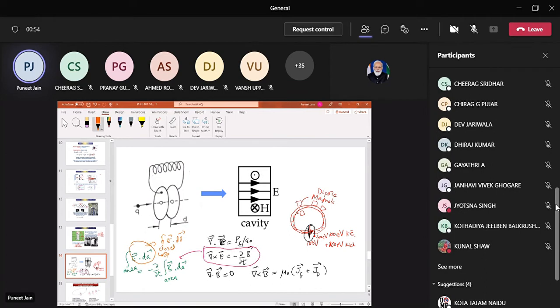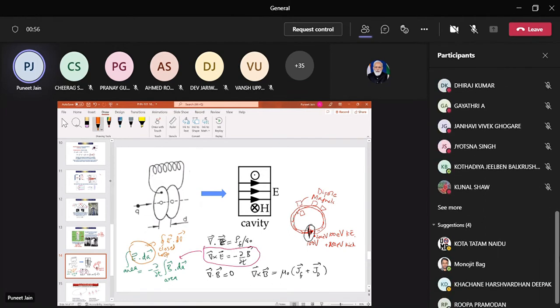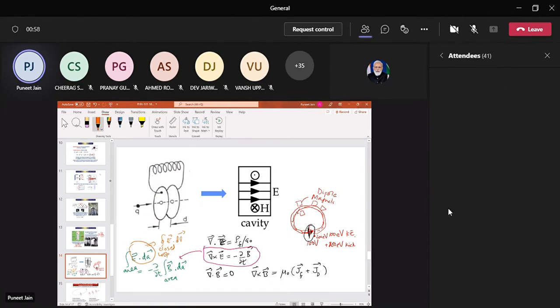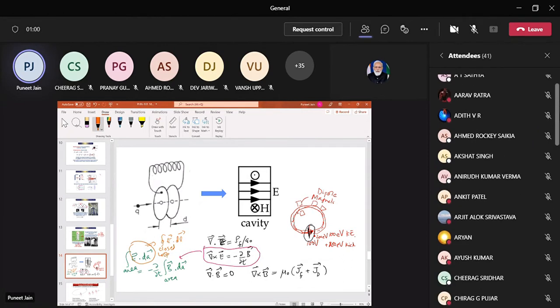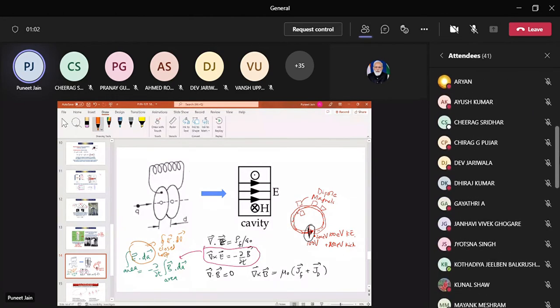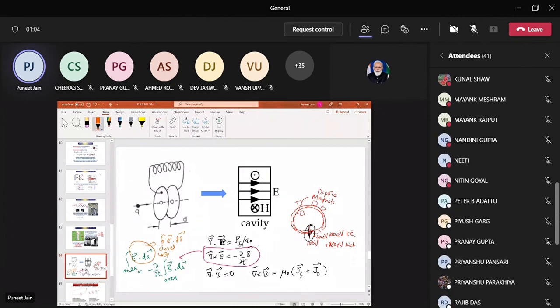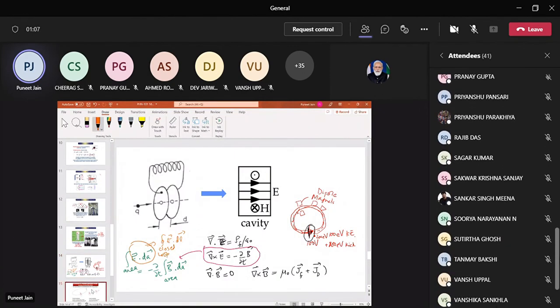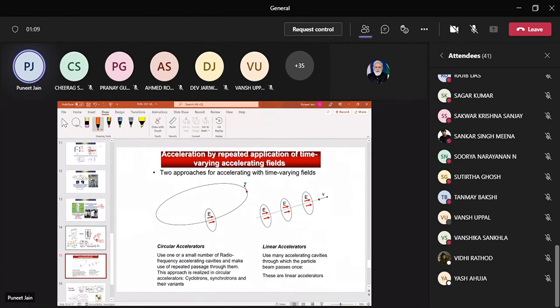Then only you can have the useful electric field, the induced electric field, which will be there to give rise to acceleration, which will be used by the beam to be accelerated. Okay, so time dependence is there. And then the idea is just like